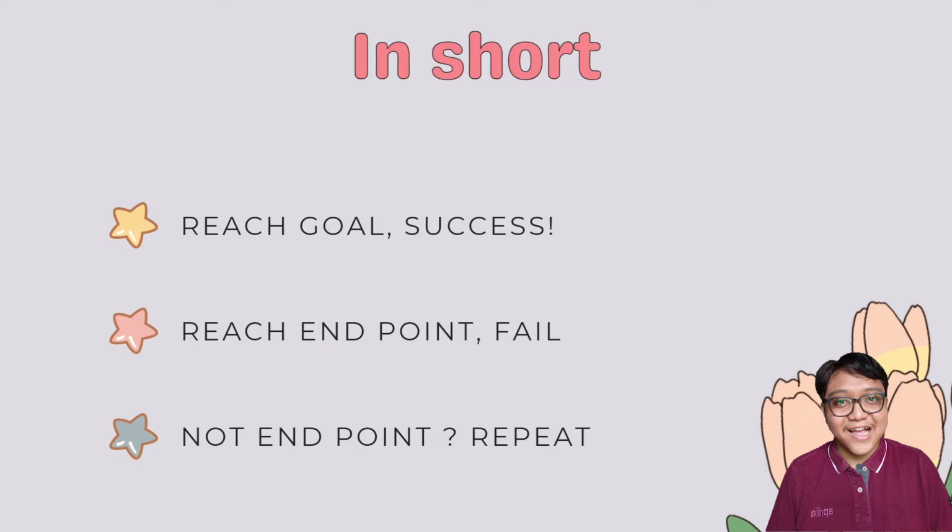We can go back to the previous point along the path that we just went through, and we try to look for another path that we haven't explored yet, which will lead to the third point. Is it not the end point and also not the goal point? Then we're going to repeat the whole process. As been said before, backtracking is a recursively calling function, so we're going to repeat until we find what the goal is.